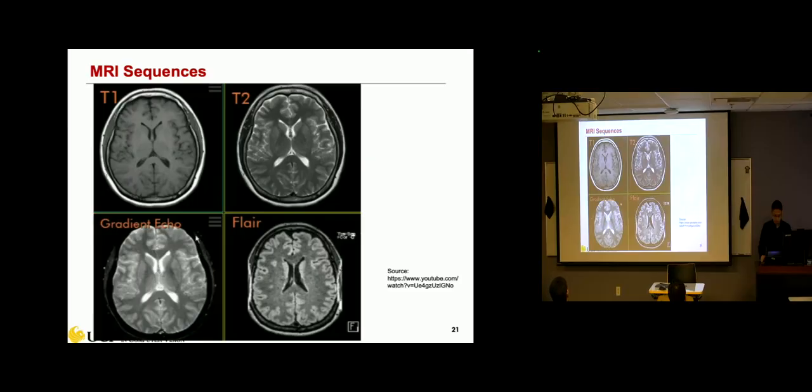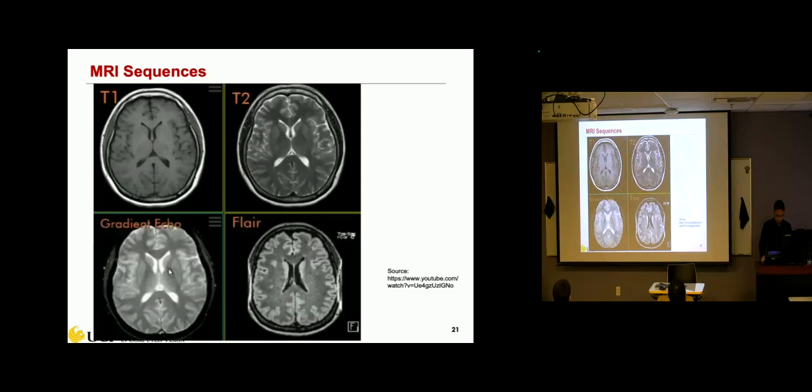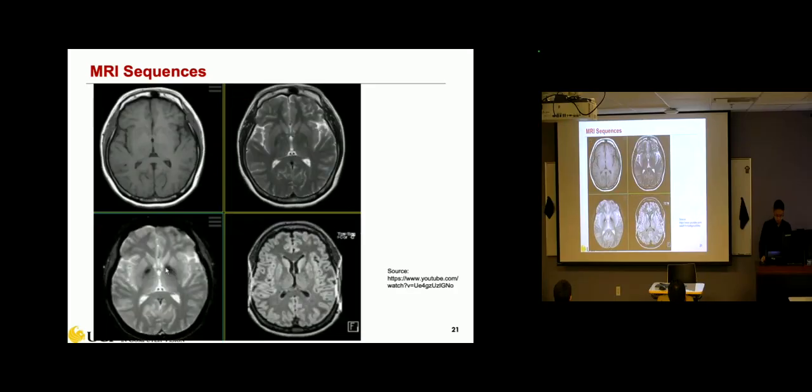Now, we have a couple other ones down here. This is called the gradient echo sequence. It's really good for heme blood products. If you've had a prior stroke, it'll show up as a dark area. Or if you have mineralization, like in this patient in their basal ganglia, they have some normal physiologic mineralization, and it shows up as dark. And if someone has had a stroke or a certain type of tumor that has blood products within it, it'll show up as areas of dark like this. So it's not too good for other things, just for this one purpose, so we include it in brain scans typically.